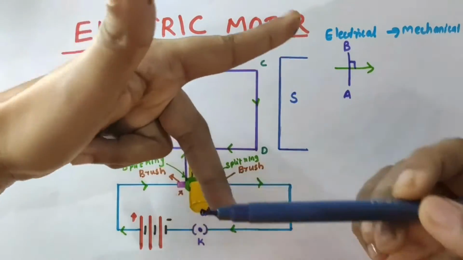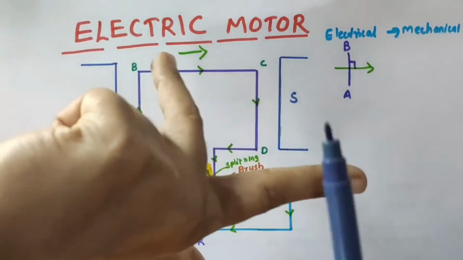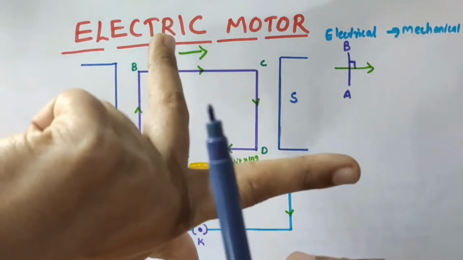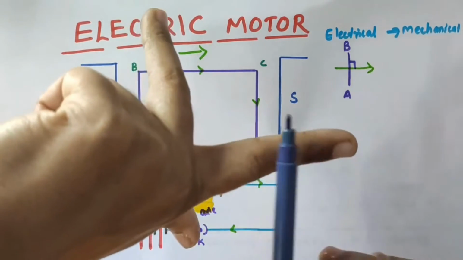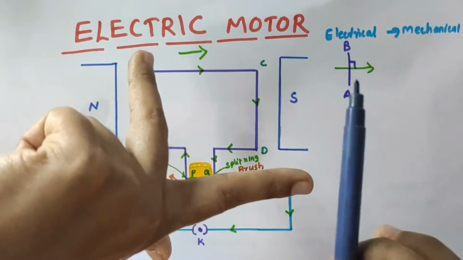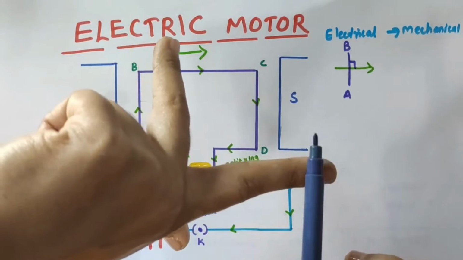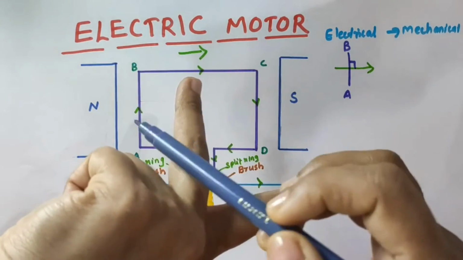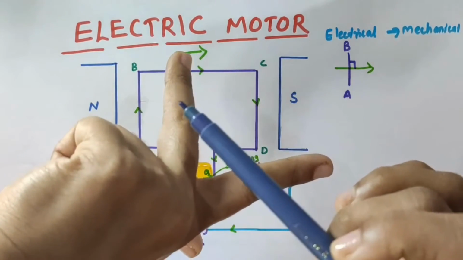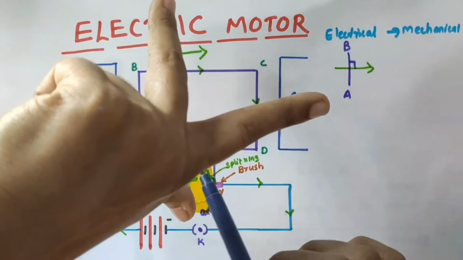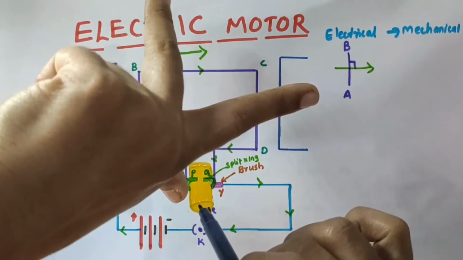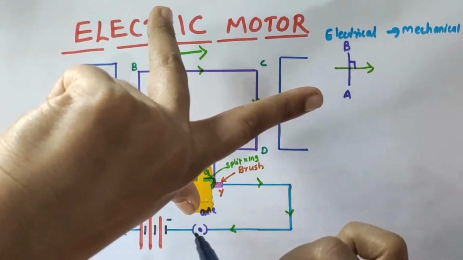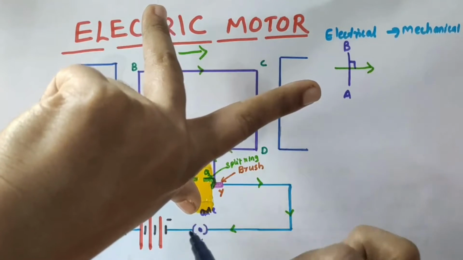So I have to rotate this finger in this direction. You can see that. Have you seen my magnetic field direction? The forefinger is left to right in the magnetic field direction, the middle finger is down to up, the current direction, and in doing so my thumb is pointing downward, inside the paper. That means this AB conductor will be pushed inside.